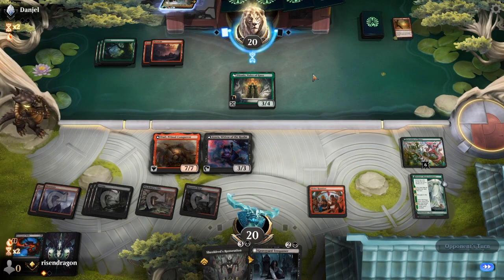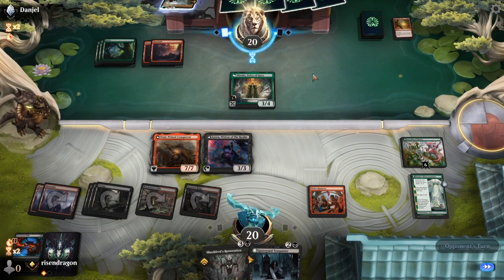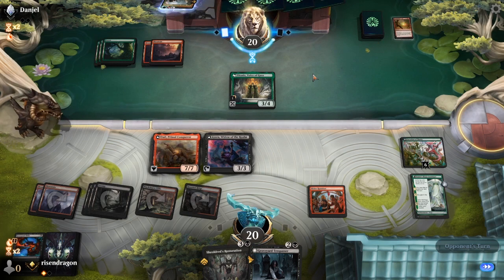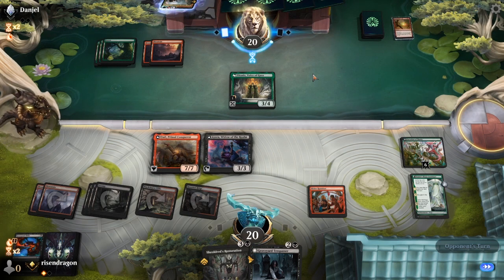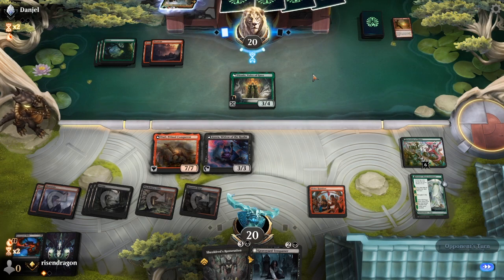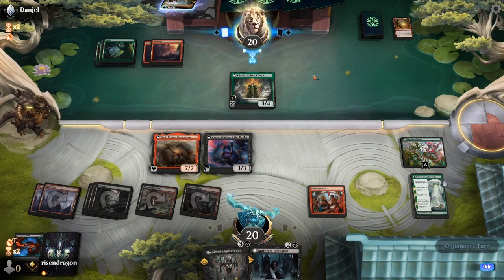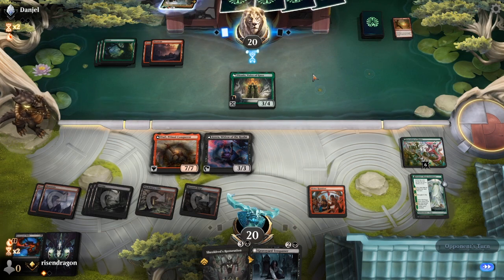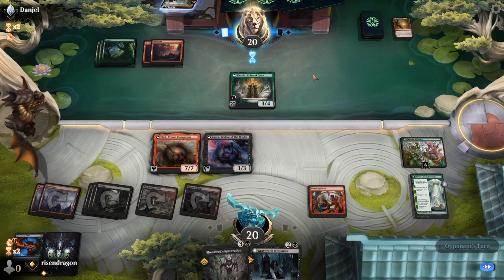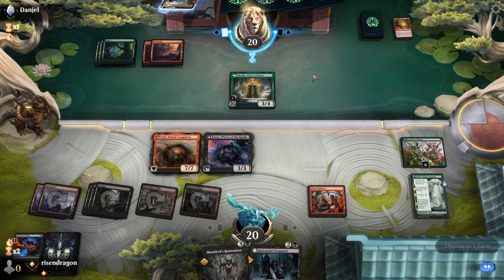We'll see what they do. If they don't get rid of our Ayara, we can do the trick. No, I don't think we can. No, not this turn at least. We can do it next turn, though. Can't do it twice in the same turn, though. Okay, they're thinking of something. I don't know what they're thinking of, but...